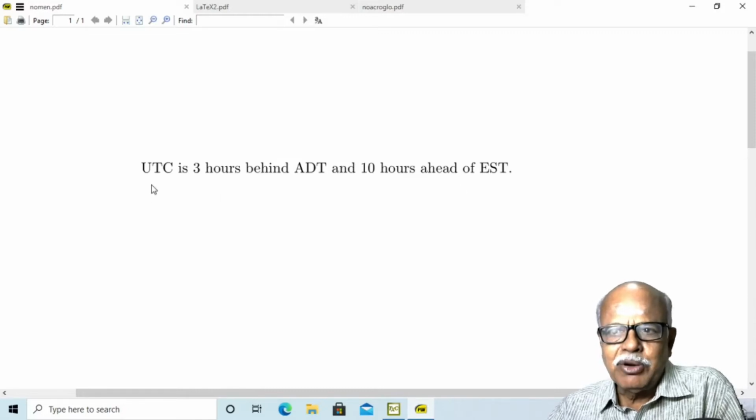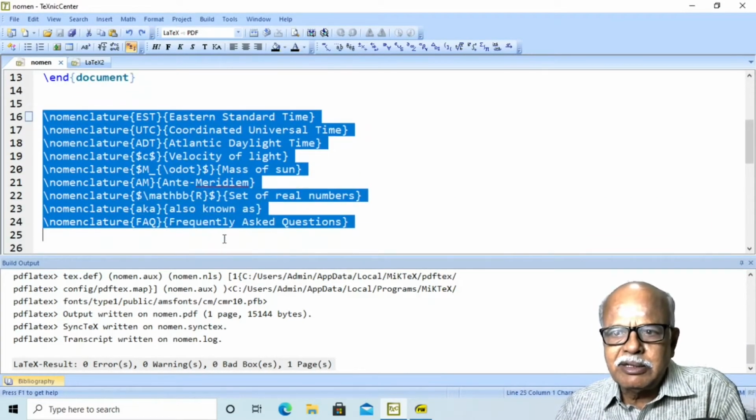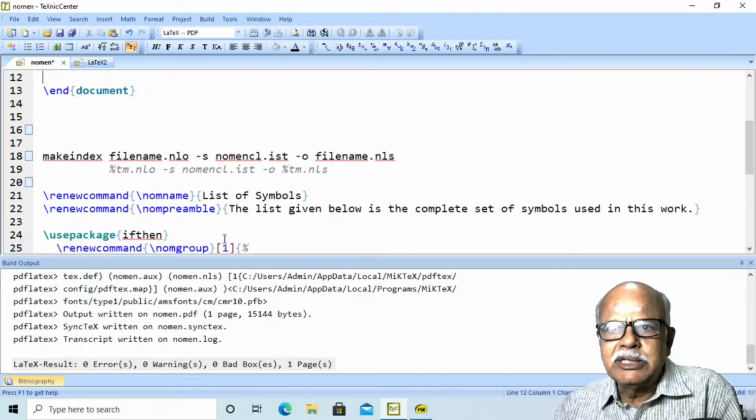The author may know what he means by UTC, ADT and EST, but others may not know this. In that case, he has to give the nomenclature of all the terms that he uses in his document.